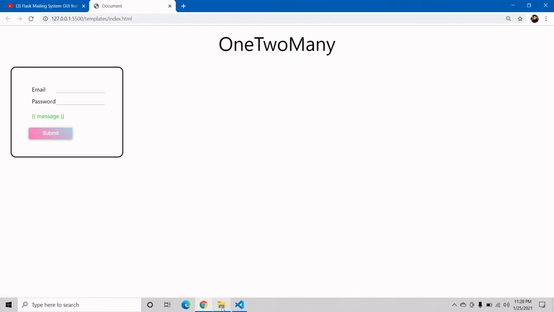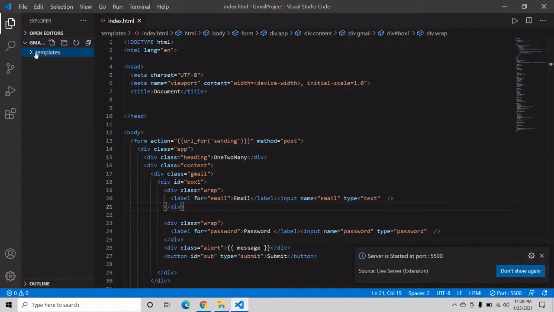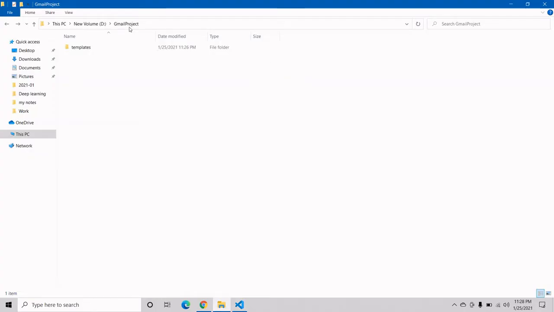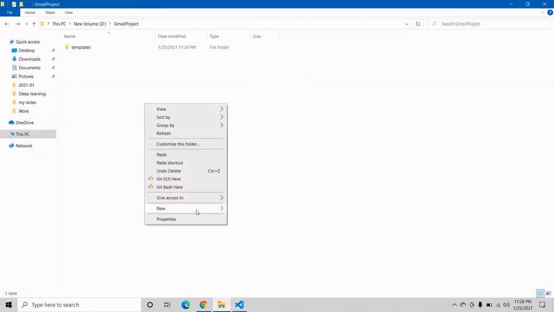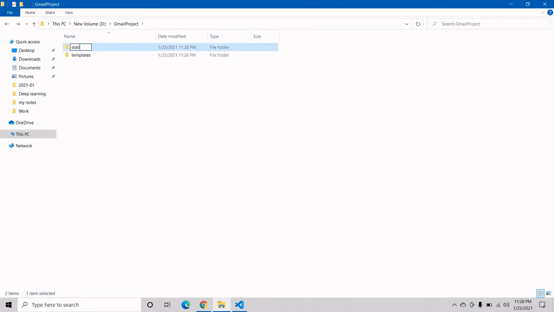So for a background picture, we should create a folder named static. In this static folder, we have to paste our images, like background images, and our CSS files.